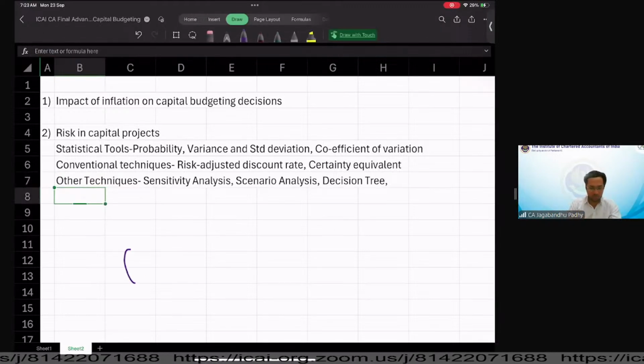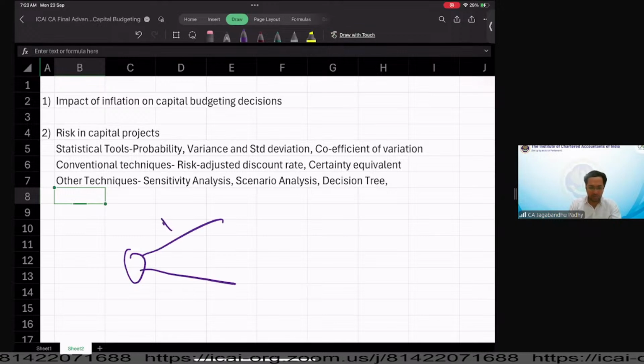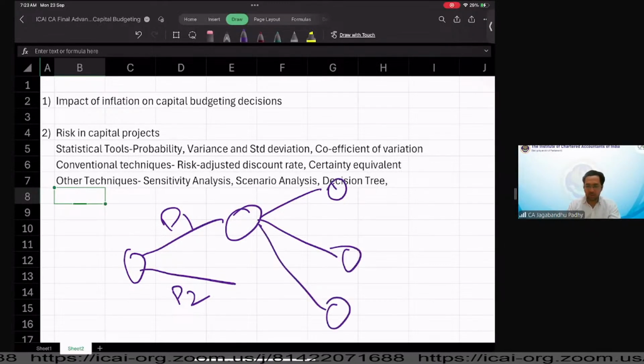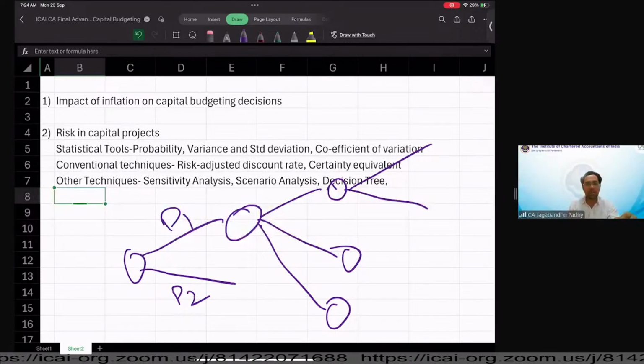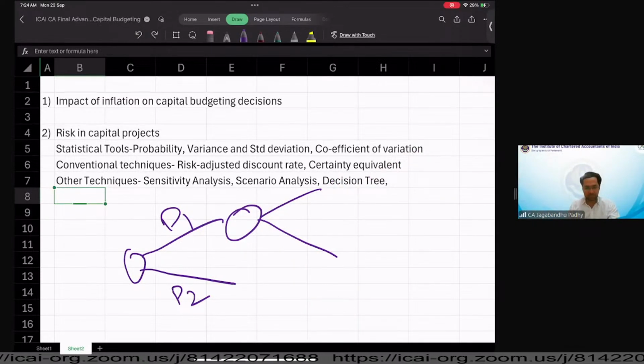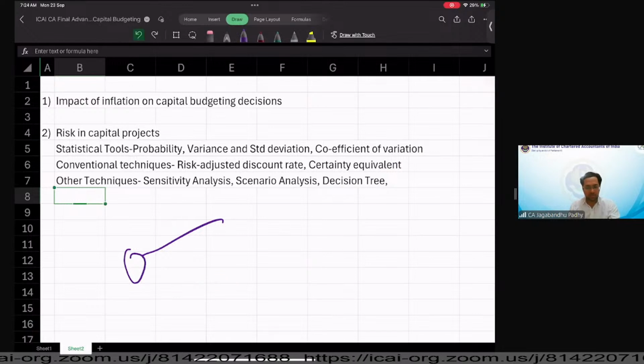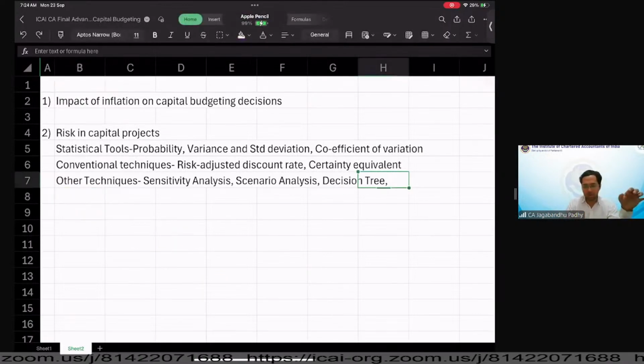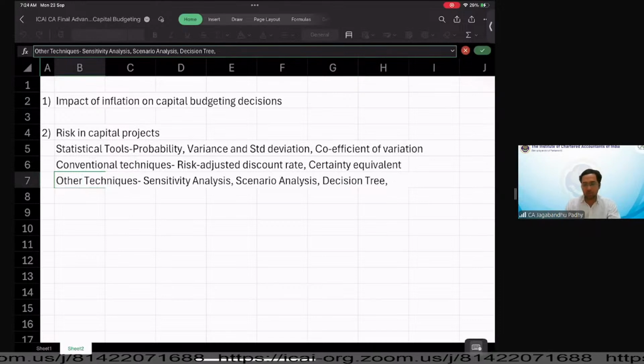So we are really going to prepare a chart where you will find that you have a decision tree, whether I should take decision one, decision two. If I take decision two, after a year, what's going to happen? There is possibly maybe three nodes. Then again, if I do this, what will be the outcome? So in this way, we are going to form multiple charts. Okay. So that's the decision tree where we are going to visualize the possible outcomes and also understand how we go about analyzing the risk that is involved in a project.